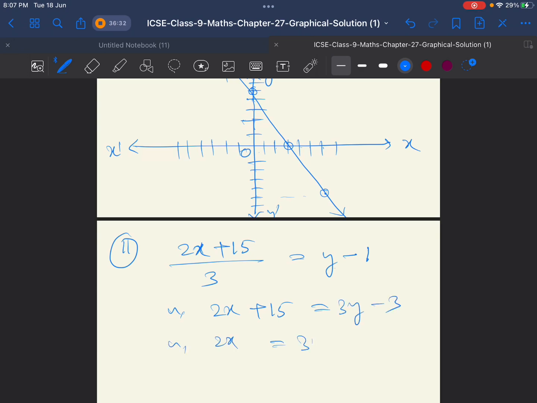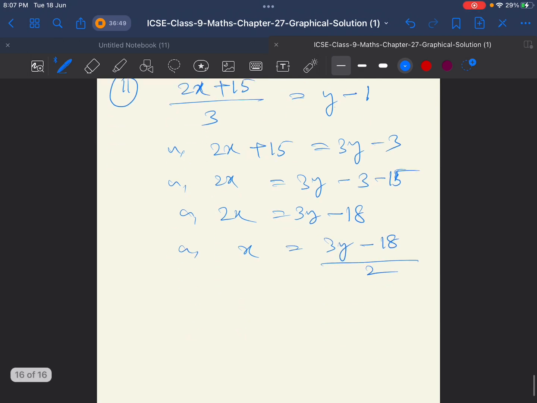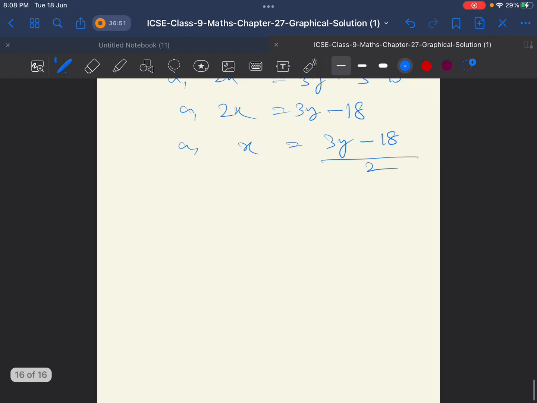So for subject, so here 3y minus 3 or 2x equals to 3y minus 3 minus 15. So 2x equals to 3y minus 18. Okay, so here x equals to 3y minus 18 by 2. Now we make a table. The table is